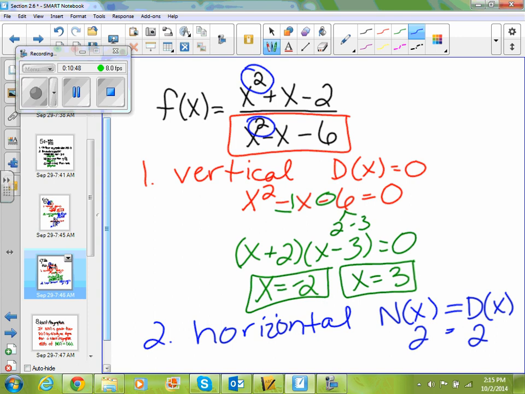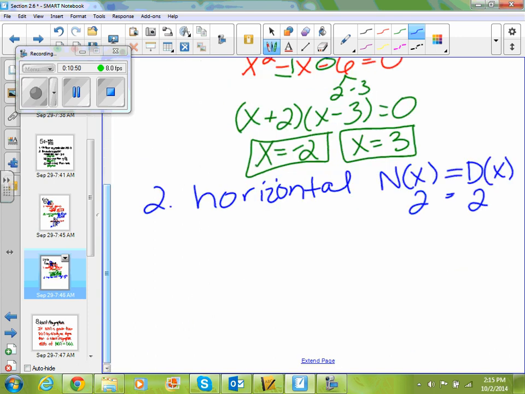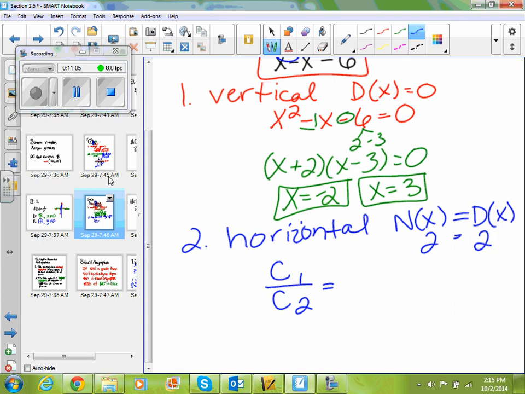Okay, and so then, based on my notes, if the degree of my numerator and the degree of my denominator are equal, then I have a horizontal asymptote at the coefficient of my first function divided by the coefficient of my second function. And if I go back up here,